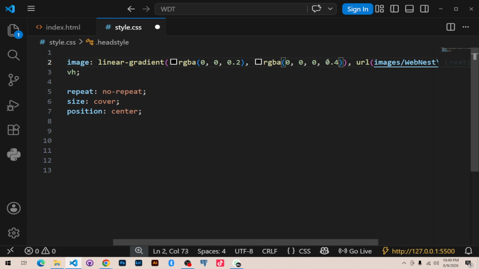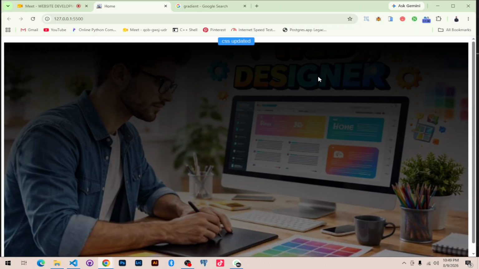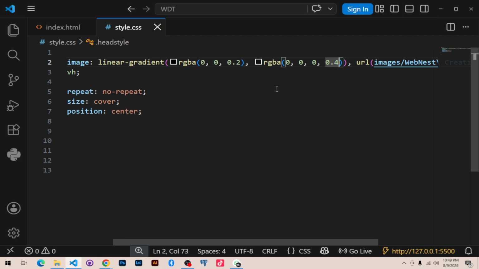So 0.8 or 0.4, that's the percentage. So it means 40% transparency. Exactly, and that worked. Thank you very much. All right. So let's see the last value. The fourth one is what's supposed